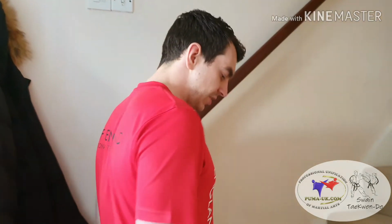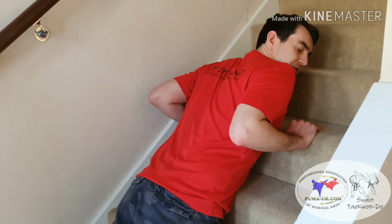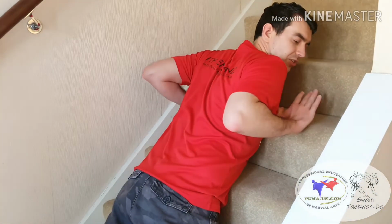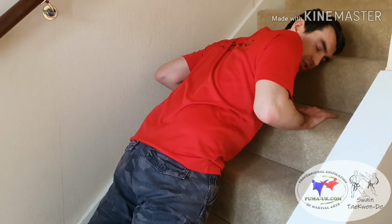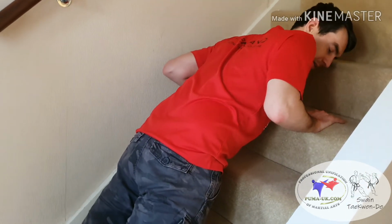Cool. So after you've mastered the wall press ups, the next challenge is to just add a little bit more weight onto the body, taking the angle a little bit lower. Really good way of that is using some steps. So what you're going to do, nice and easy, lay down on your steps and find the step that is just below your shoulders. From there, tense the body, so you've just got your feet and hands on the floor,